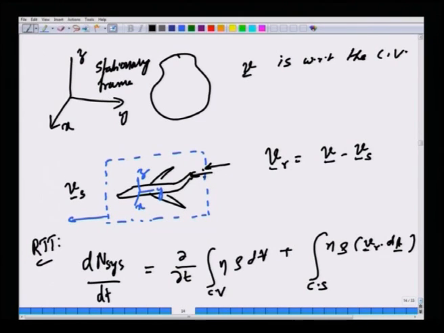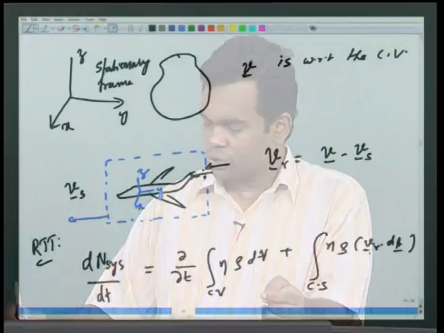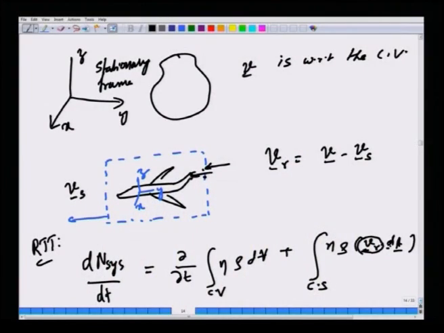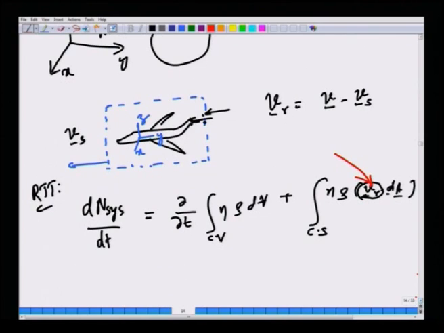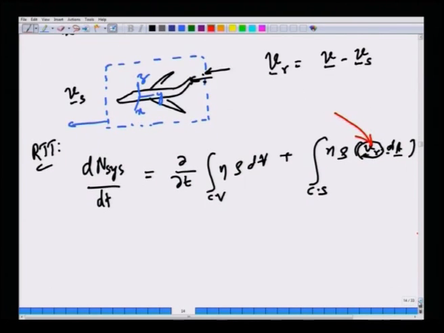If the fluid is moving at the same speed as the CV, then there is obviously no net inflow or outflow. So, the Reynolds transport theorem changes in the sense that for a moving frame, it is the relative velocity that comes in the flux terms, otherwise it is the same. So, this is a very important result in fluid mechanics, that is Reynolds transport theorem.